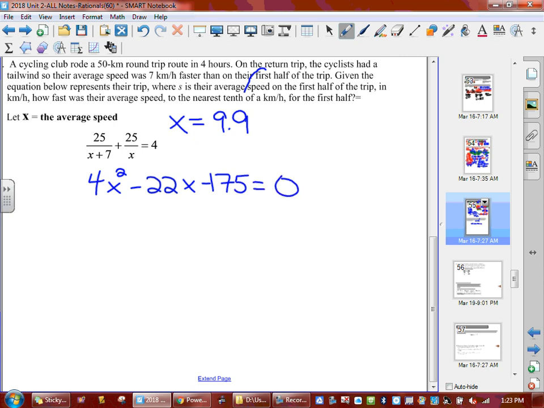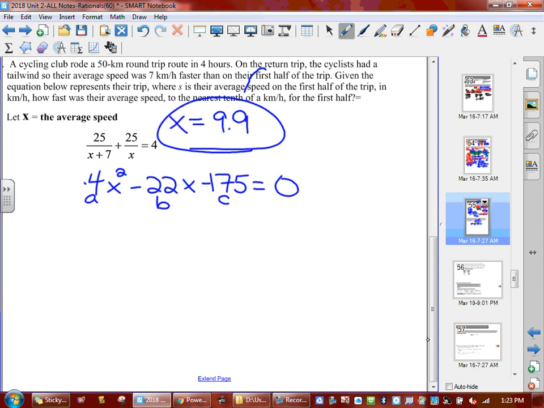Because you get a decimal answer, it won't diamond. This one will not diamond. So you have to use the quadratic formula on this one to solve it. Okay? So this guy is your A, this guy's your B, this guy's your C. Make sure you get this for that. Once you do the quadratic formula, remember you only want the positive answer. The answer you'll get is that. Okay? So I'll let you guys work that question out on your own. And we're going to move on to the next question, which is